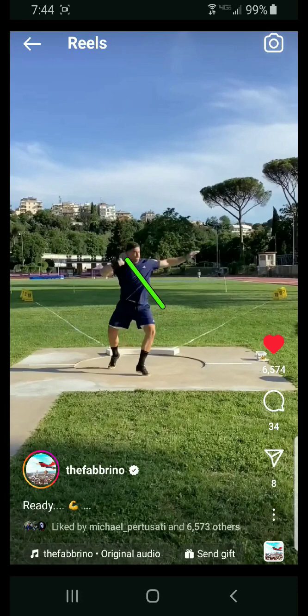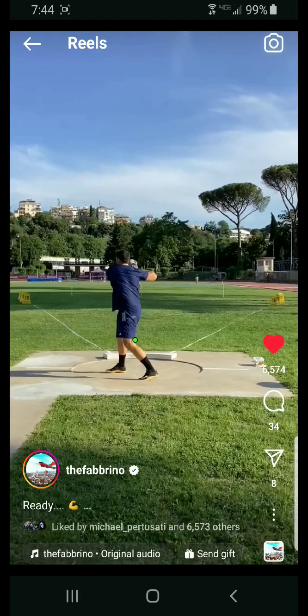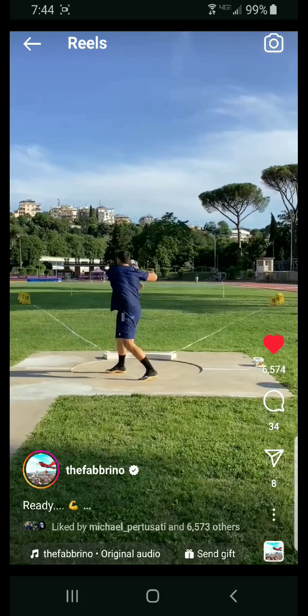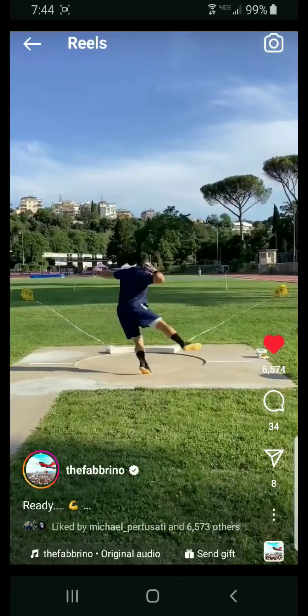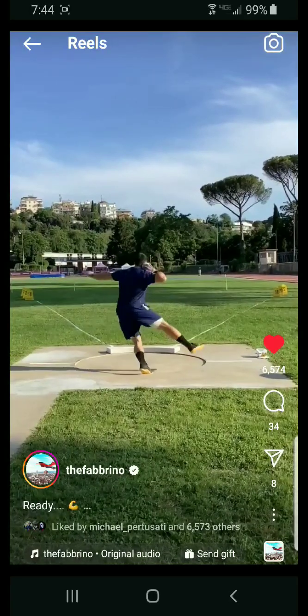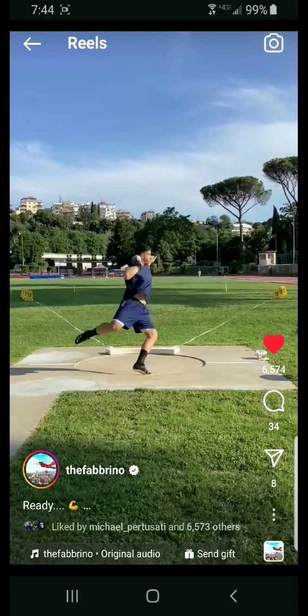Crouser is super long and super slow out the back. You notice Fabbri starts offset and almost starts like Tom Walsh. He does wind far back, but he isn't even as long as Tom Walsh out the back. He's just super compact. He does not throw like he's 6'7", which I think is a good thing. What I mean by that is he's a lot taller than Crouser in the ring,